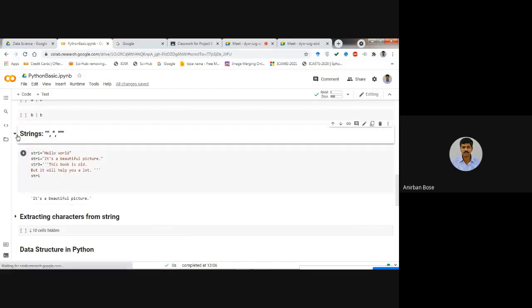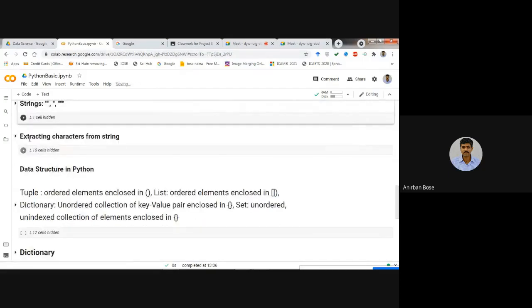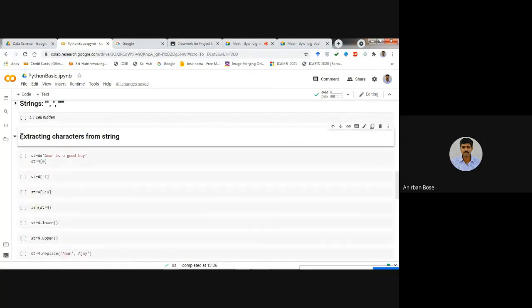Next, after string, how to extract characters from the string. That is very, very important. Let us consider there is a string 4, and in string 4, we have assigned this particular line, say Aman is a good boy.